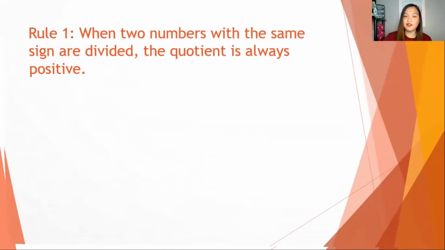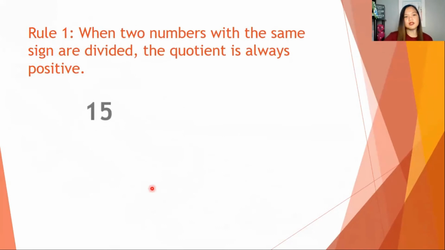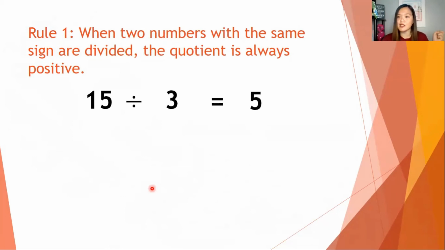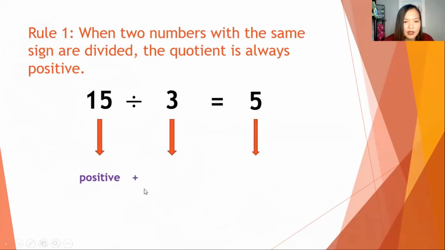Okay, so let's have examples for that. If you have 15 divided by 3, of course, we know that the answer is 5. But what we are dealing here is on the rules of signs. So if a positive number is divided by, sorry guys,